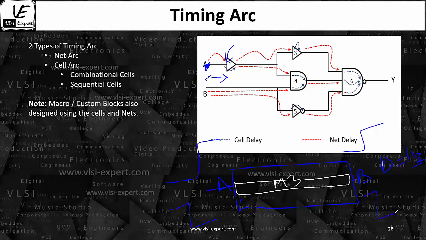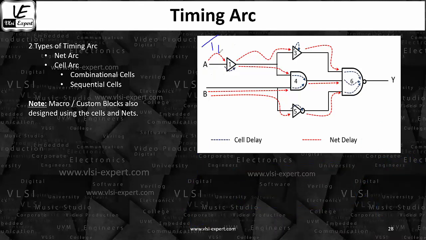Now, you don't know whether it is a buffer or it is a net. It can be anything. But from the tool point of view, it doesn't matter whether it is a buffer or a net. From the algorithm point of view, from the calculation point of view, I can directly say, okay, there is a timing arc T1 and it is going to provide you this particular information. Done.